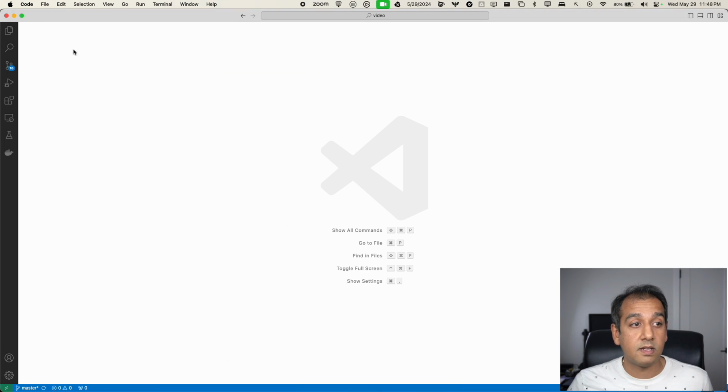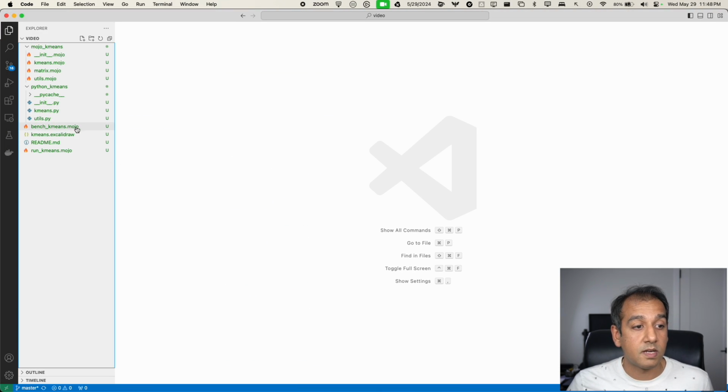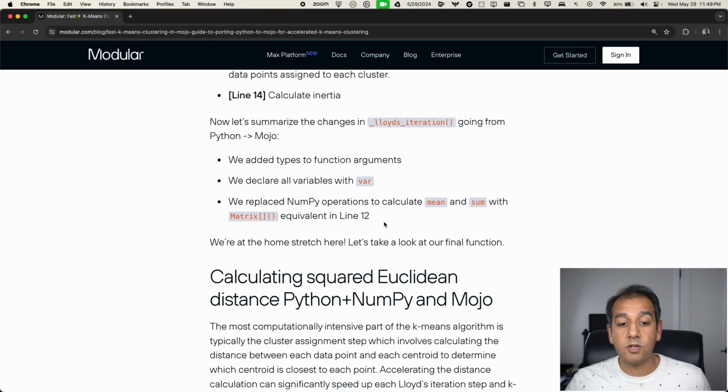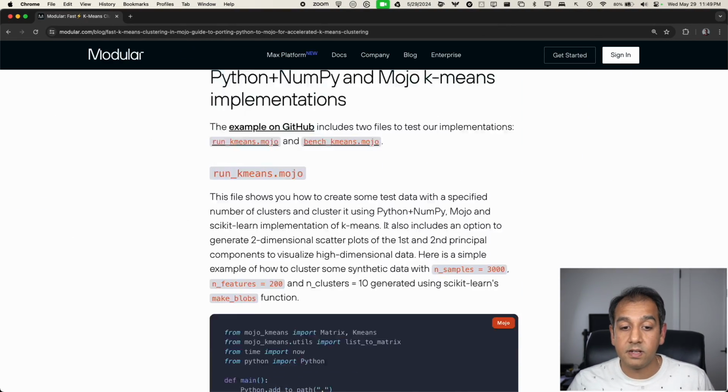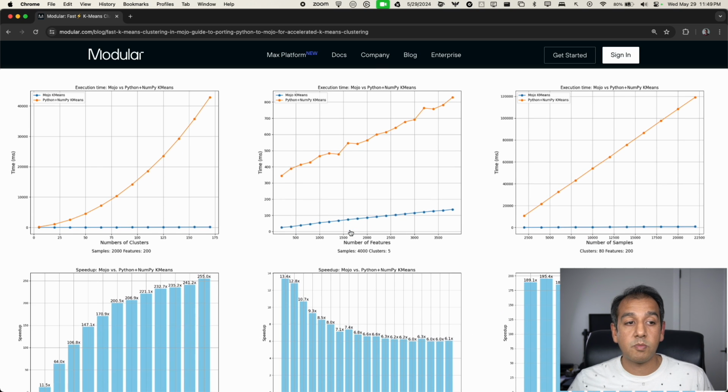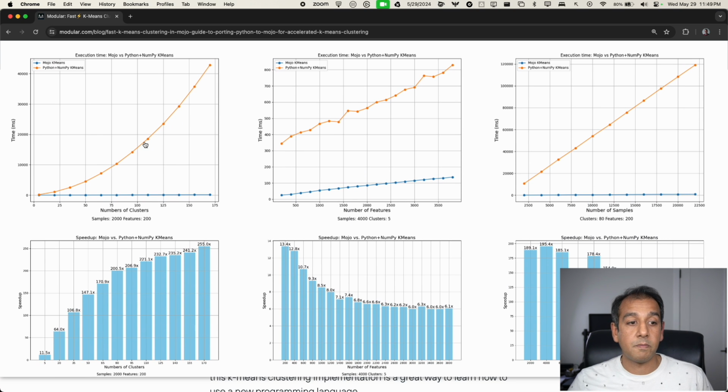With that, the last thing I want to show you is that we also have a benchmark function here that benchmarks both implementations. I'm not going to run this, because we do a huge sweep across various sample sizes, numbers of clusters, and numbers of features. What I'll do instead is show you the final results of the benchmark sweep. So in the blog post, if you scroll down, you'll see in the first plot,